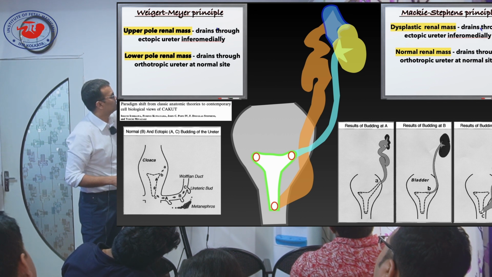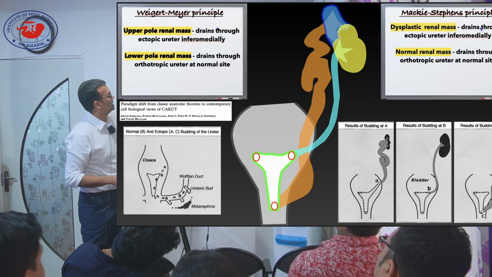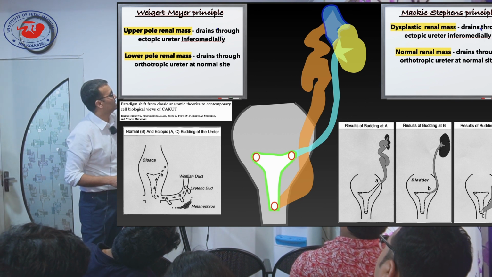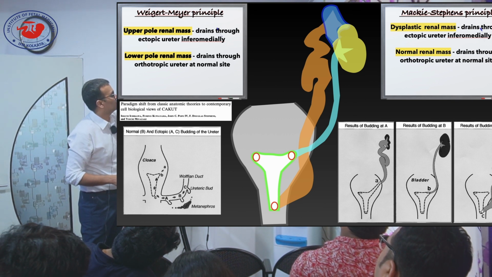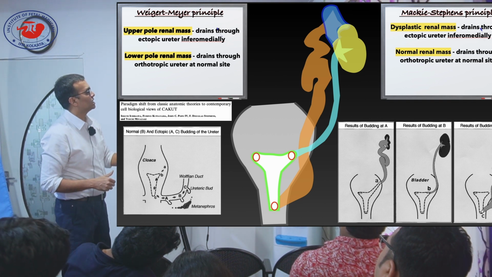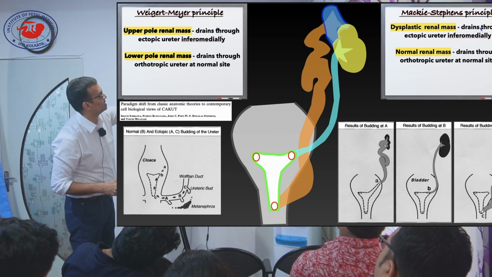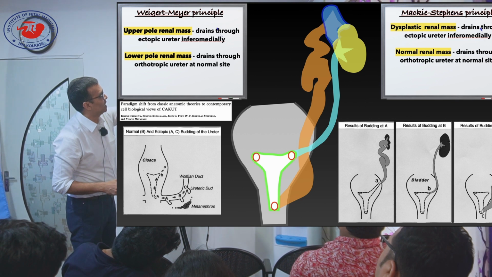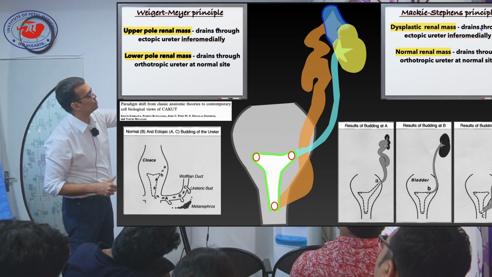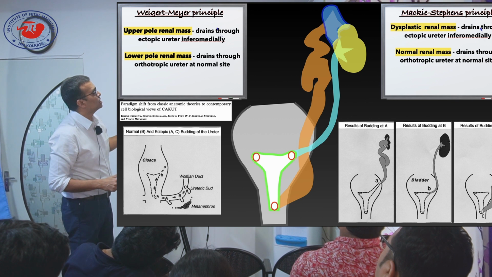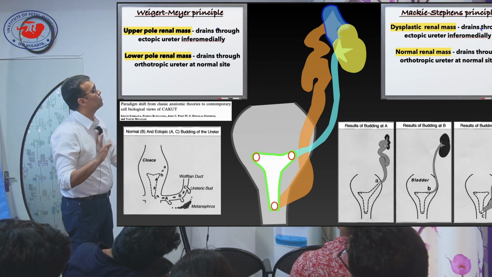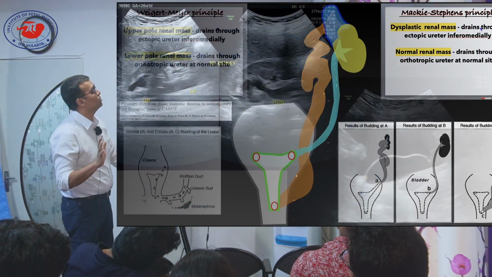So this region will be more differentiated than the other two regions, A and C. If these regions are not well differentiated, they will always be abnormal. So budding at A is abnormal, budding at C is abnormal, but B is normal. These are theoretical things, but the take home point I want to give you is this: